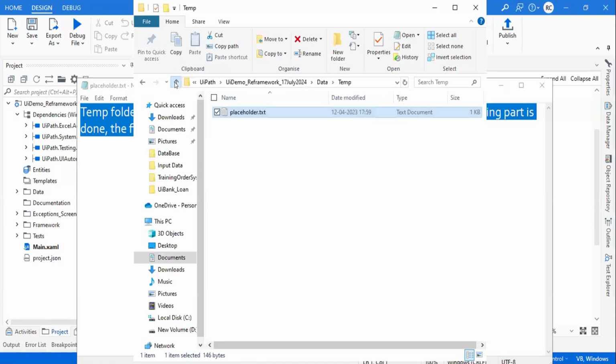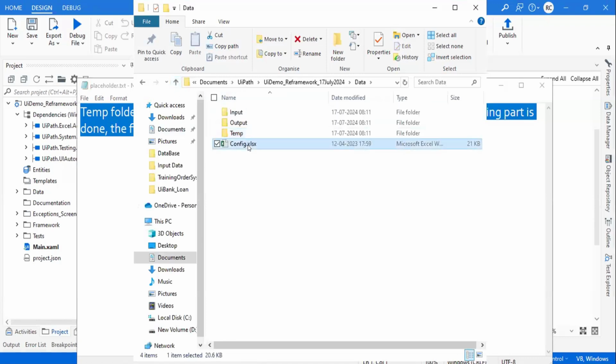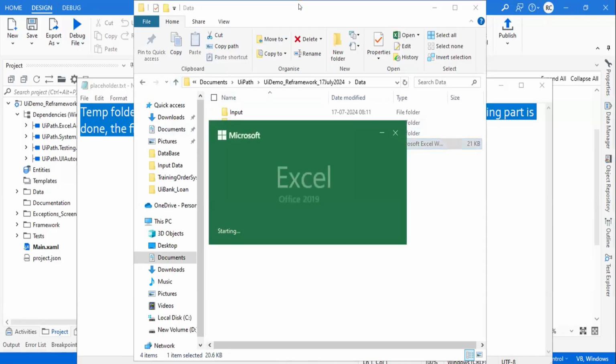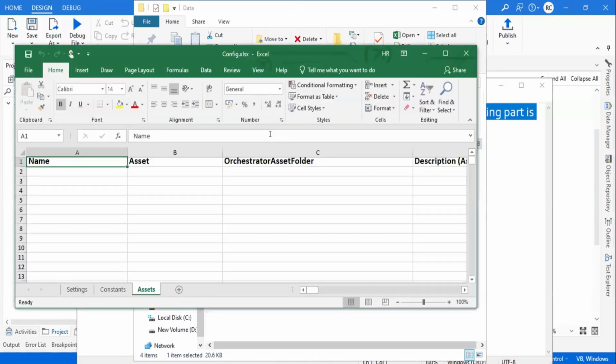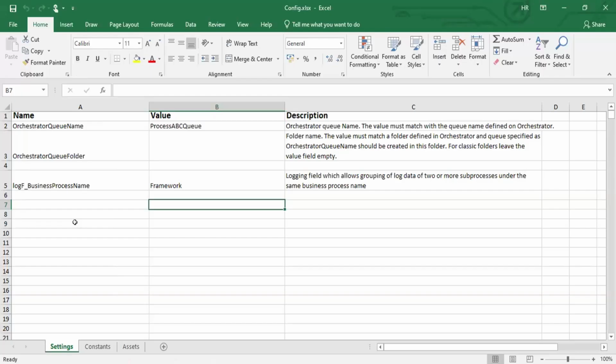And the next one is config. Has anyone heard about a config file or have any idea? Because this is not only related to RPA or UiPath. This is common across the industry. So this is config. What is the config file, what is the purpose of the config file? That we will talk about. So we have to update this config. So the config file is the file